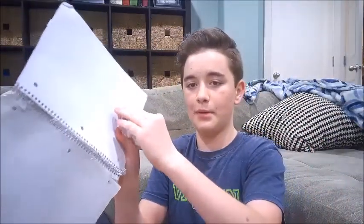And then we have a notebook. This one is just a college rule thingy. I just use it because most of my classes require paper to take notes on. And then I put it in my green folder I just barely showed you. So I just rip it out of this thing. And yeah. And the next object is